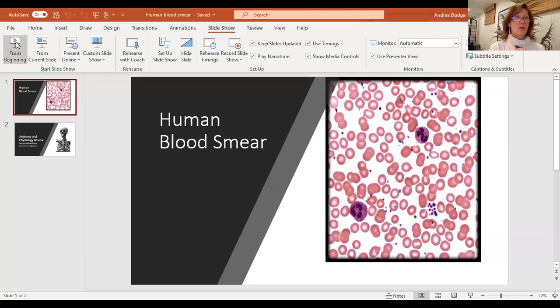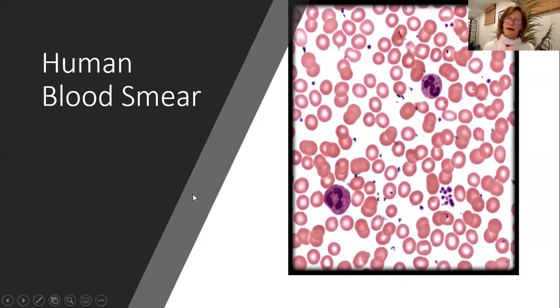And when we're studying microscopy virtually, we tend to use a photomicrograph, a picture of a histology slide, and that's what we're looking at here. This is a typical human blood smear. The formed elements have been stained using a Wright stain, so we have contrast and we can distinguish one cell type from another. The most numerous cells on the slide here, the most numerous cells in the circulation, are the